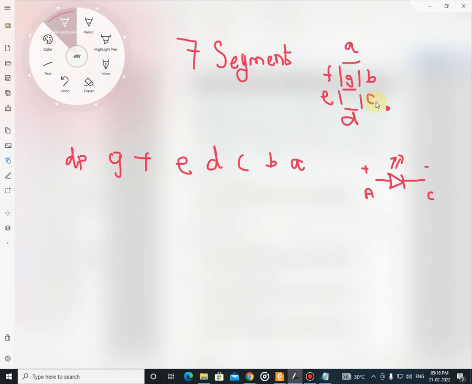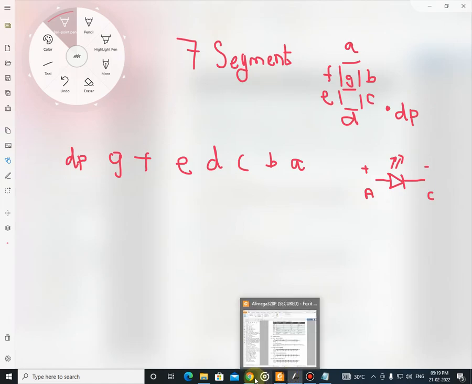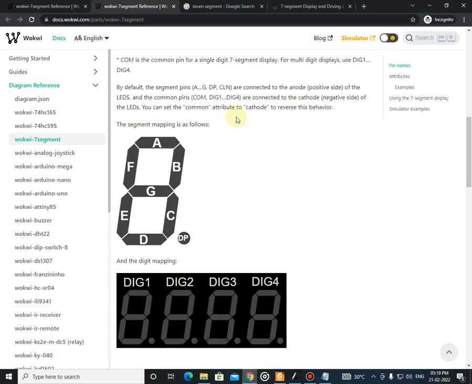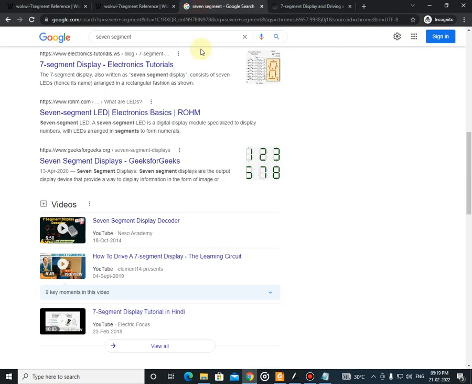So you want to give a supply in a particular way to light the particular LEDs. So in this video we are going to see how to interface 7 segment with the Arduino UNO without using libraries. The Arduino UNO can be connected to the 7 segment in two ways,